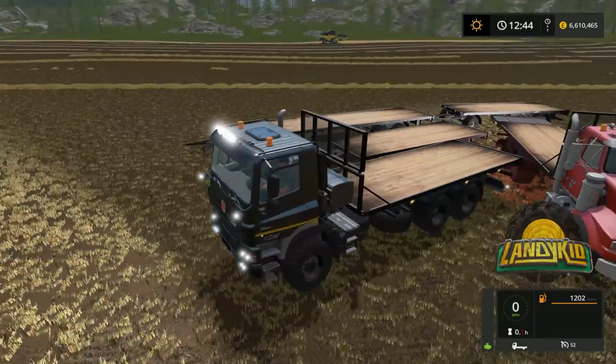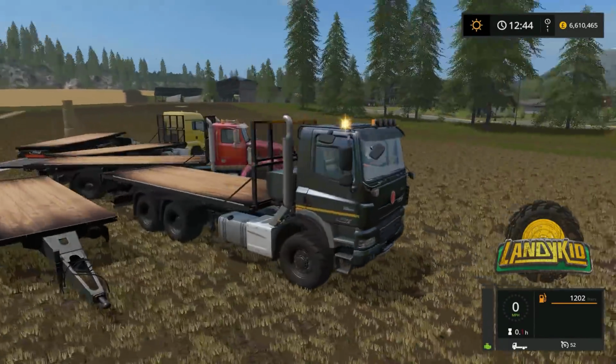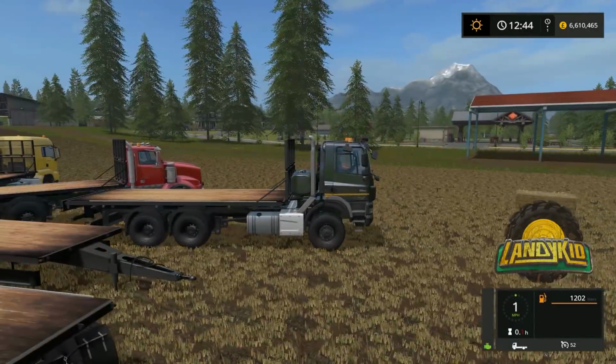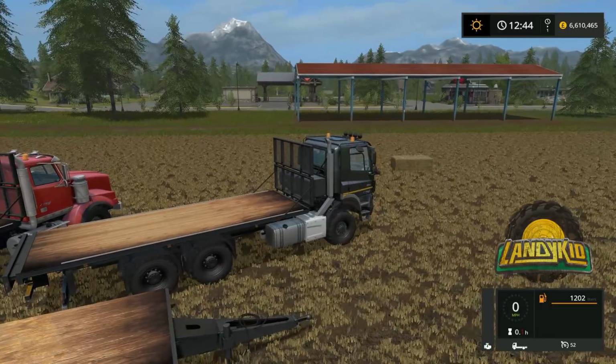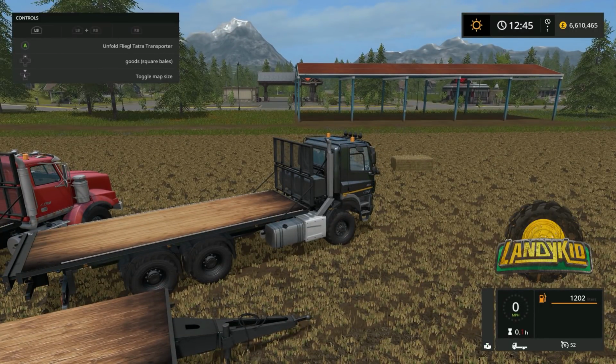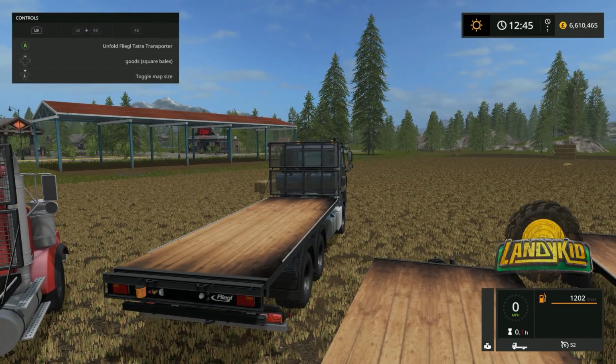Has the extra lights on. These you can expect to work okay, to be honest. Beacons. Sounds pretty good. They have no hydraulic feature, so we'll open up the F1. Unfold, which is that there. And goods, so you can change the goods from...